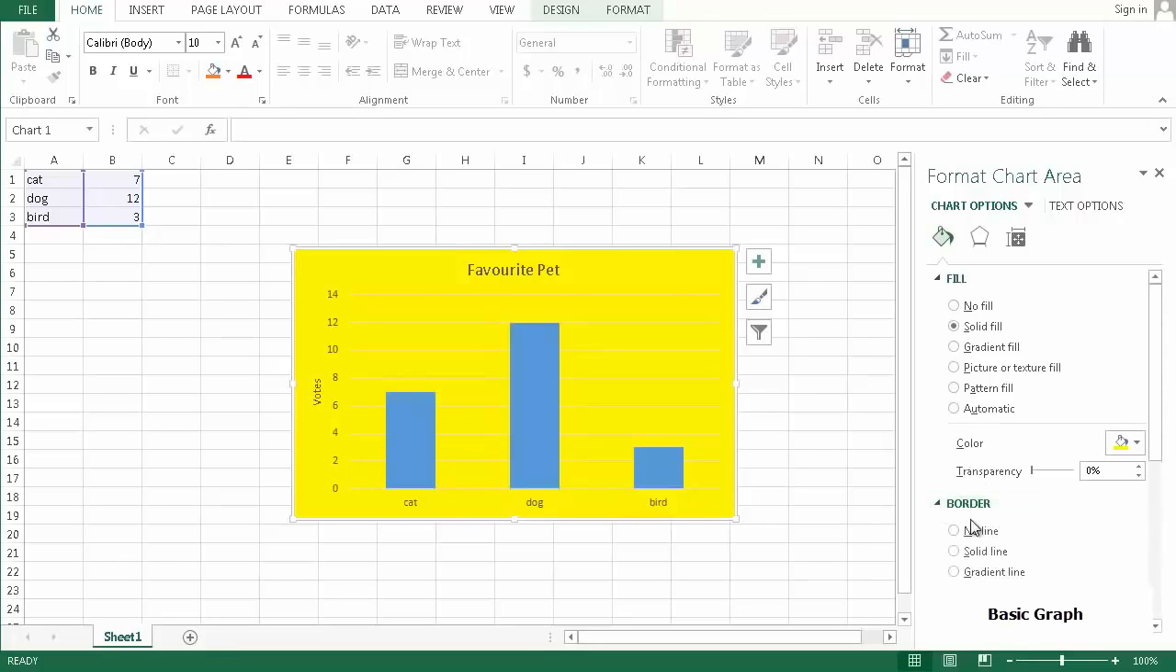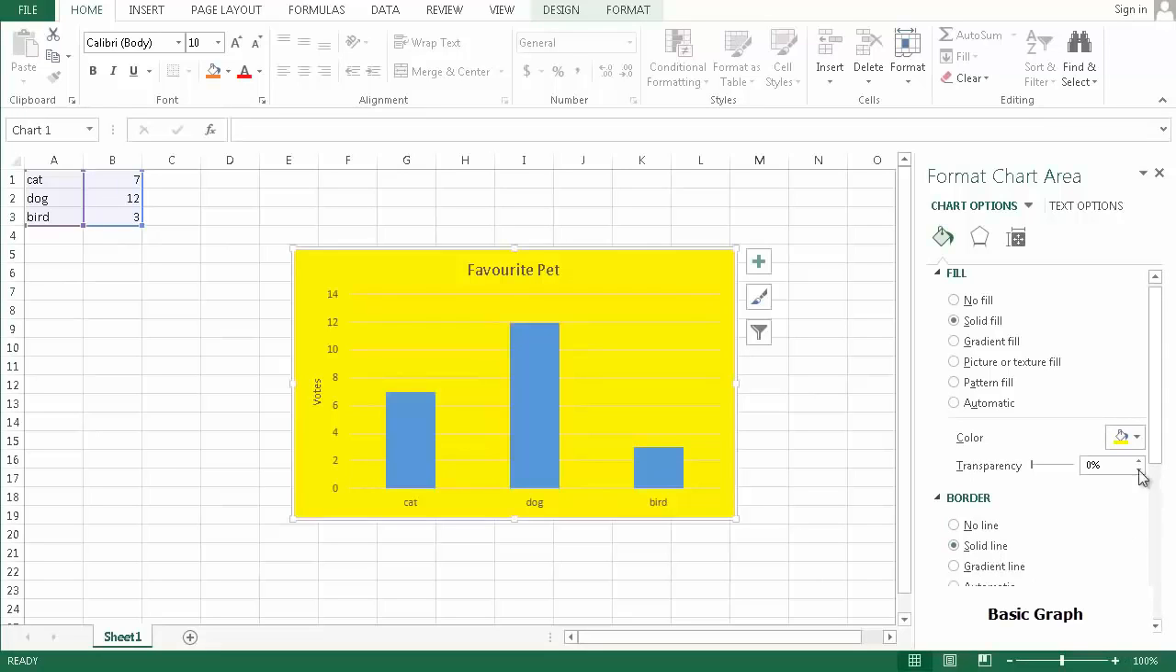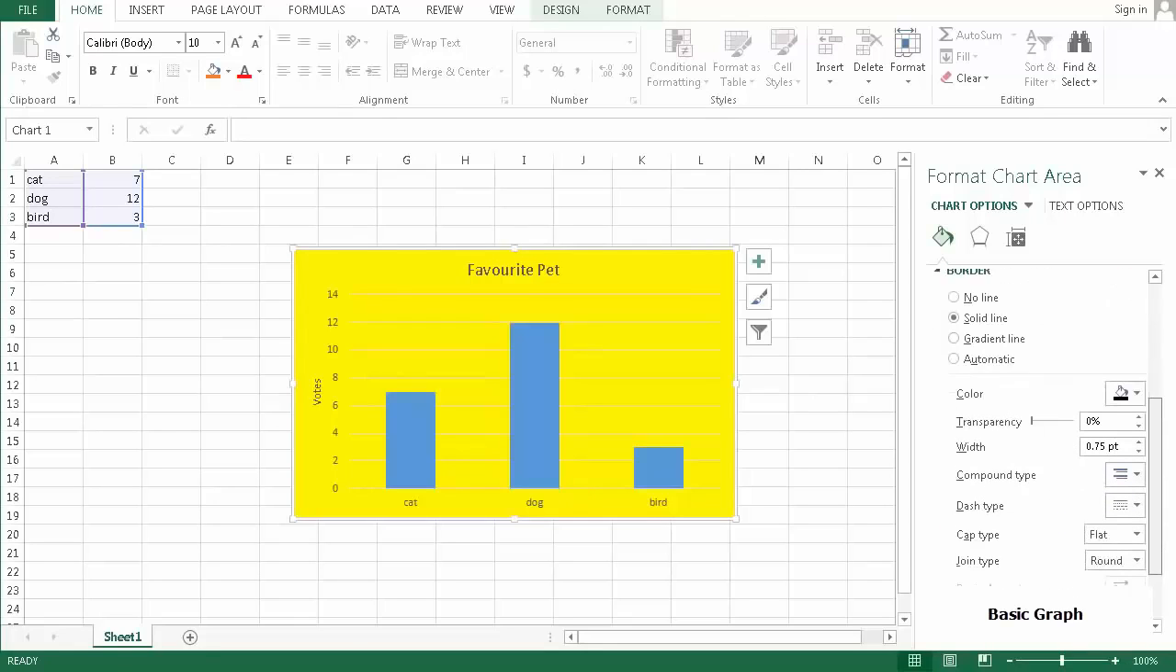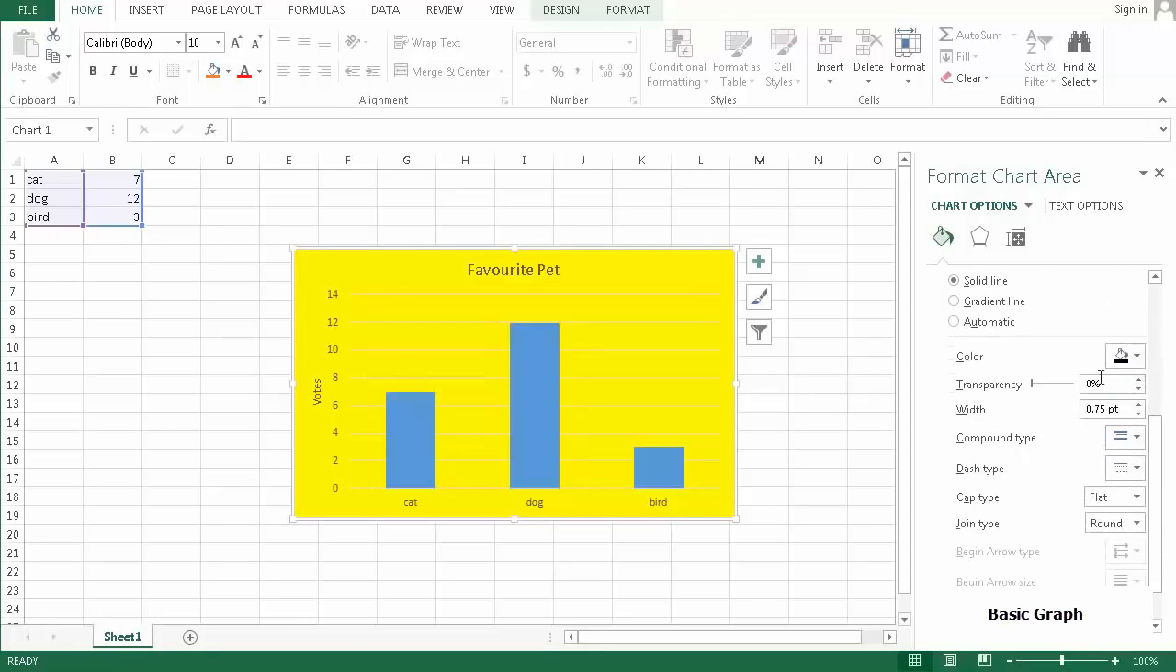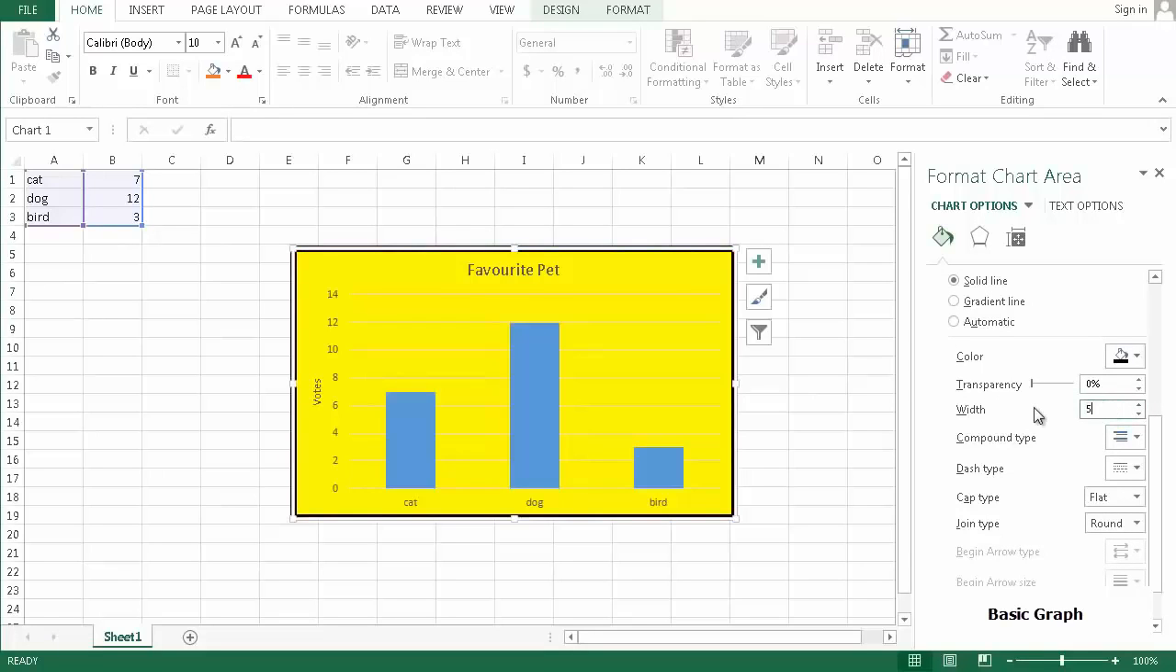Furthermore, we can add some borders. If I were to choose a solid line and choose the color to be black, for example, you can see that we have some opportunity to change the format options. So if I chose a width, changes to 5, press enter, you can actually notice that the chart now has